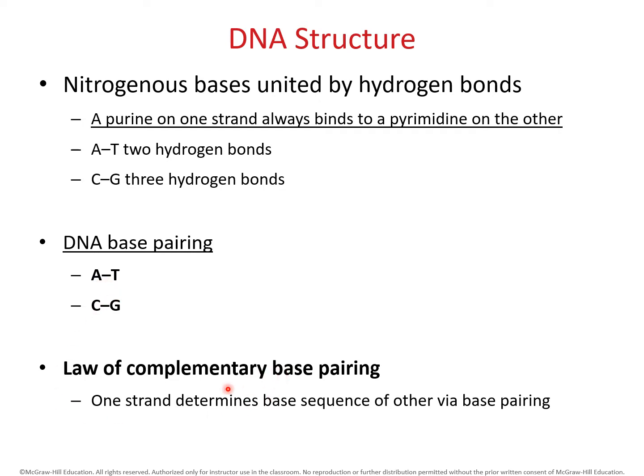And this relates to a law called the complementary base pairing law. And this is just that when one strand of DNA pairs with the other strand of DNA, remember DNA is 2 strands, and those 2 strands are going to chemically bond together by way of this base pairing. Okay, so in essence, one strand ends up determining the base sequences that will exist on the second strand. And again, don't worry, it's going to make more sense when we look at the picture here in a second.